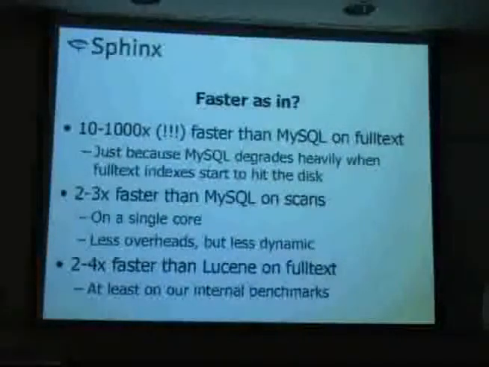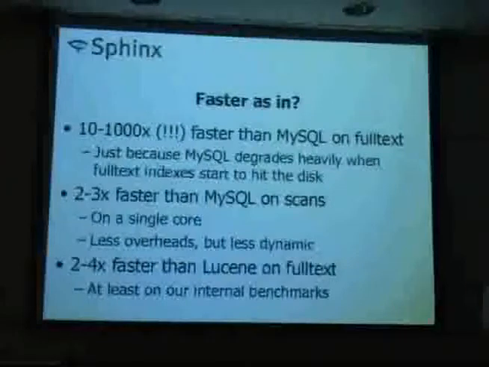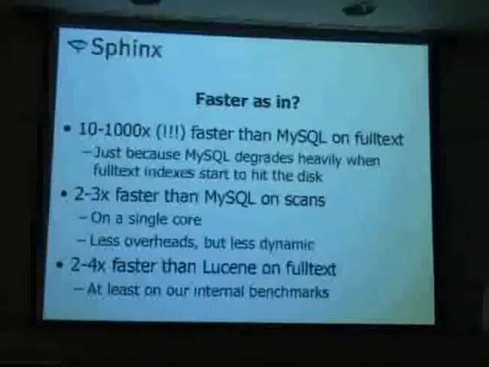It's also sometimes faster than MySQL even for regular queries that touch a lot of data, for full-scan type queries. I'm not exactly sure what the reason for that is, but we measured about a 3 to 4 times difference in scanning 2 million rows and just sorting them, picking the 10 best ones, grouping by a sub-column and sorting within that group and sorting the groups, and that was faster with Sphinx than regular MySQL. It's also faster than Lucene, but